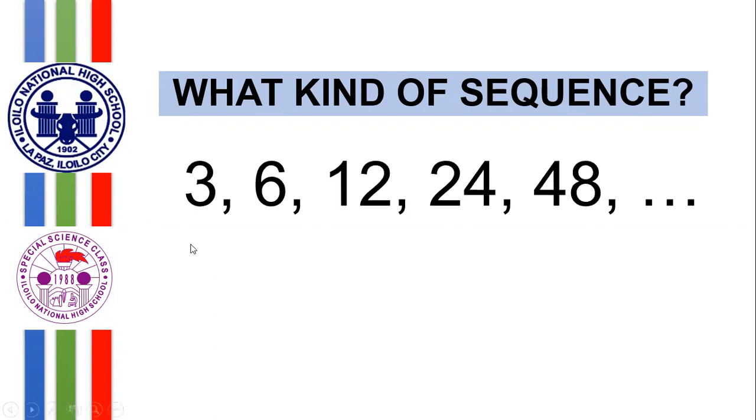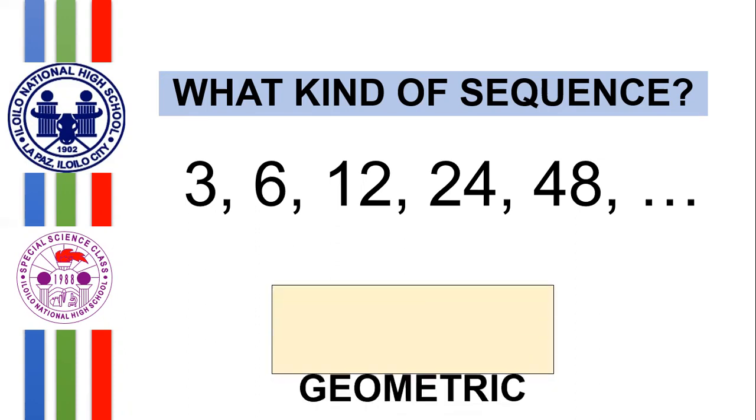If you could see from here, if we divide the second by the first, 6 divided by 3, we get 2. If we divide the third by the second, 12 divided by 6 will also give you 2. 24 divided by 12 gives 2 as well. 48 divided by 24 gives 2. So if you could notice, if we divide a certain term with the term immediately preceding it, we get that constant value of 2. Hence, if you have this kind of sequence, then it is an example of what we call